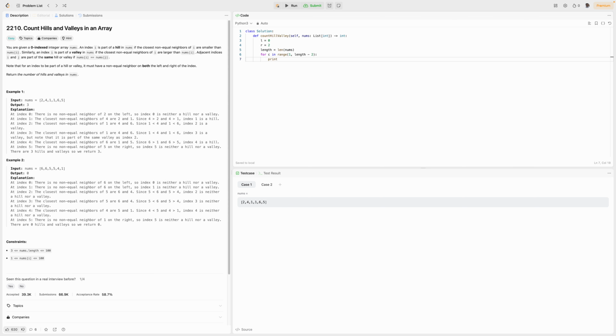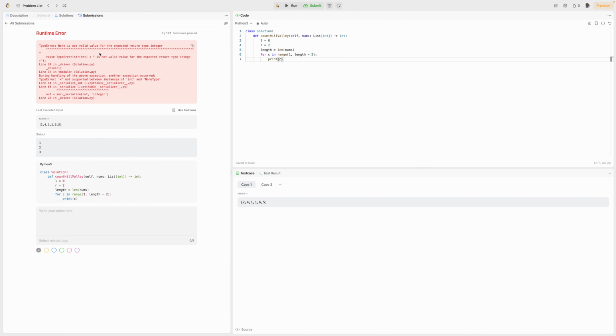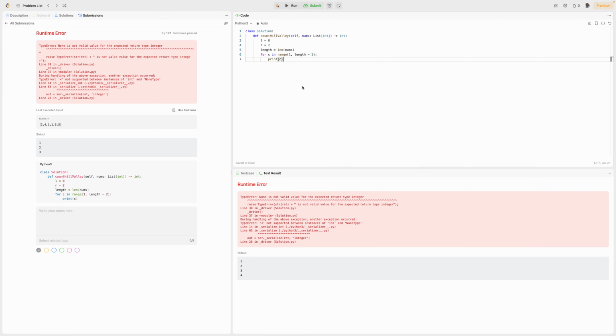Okay, let's print out C real quick. C: 1, 2, and 3. Length minus 1 should be 4. 0, 1, 2, 3, 4. Cool. So now we can do